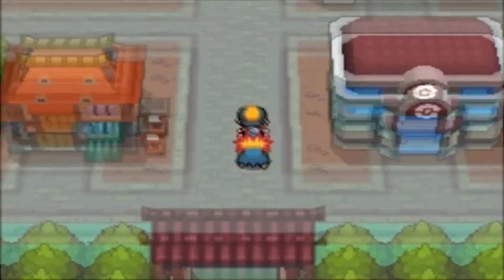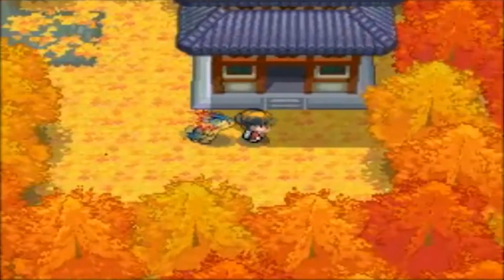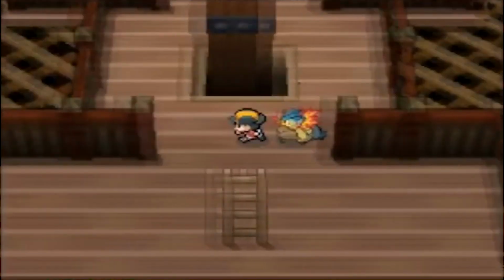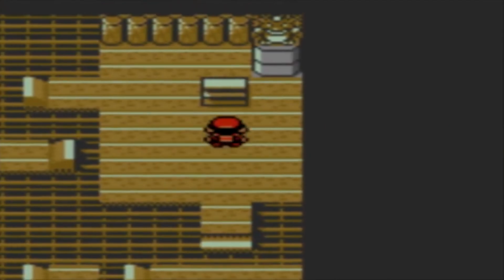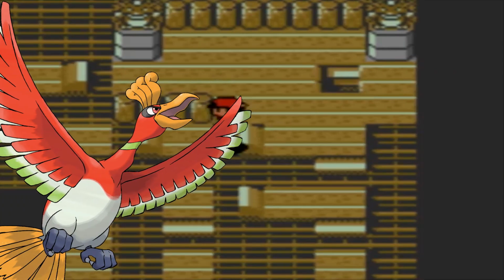And north from Goldenrod is Ecruteak City, and this place is known for its two iconic towers, the Tin Tower and the Brass Tower. The ironic thing about these two is that their names are actually flip-flopped in terms of which legendary Pokemon they represent, as the Tin Tower, named after the silver-colored metal known as tin, houses Ho-Oh, the